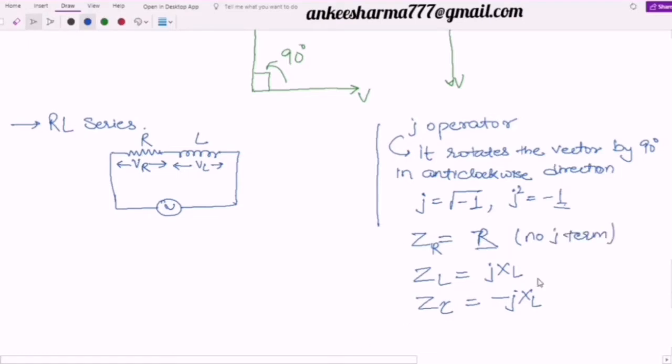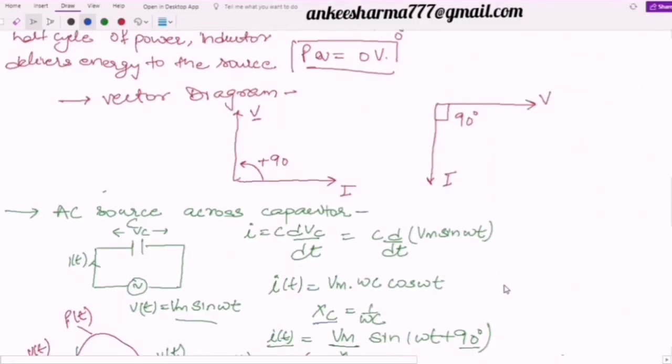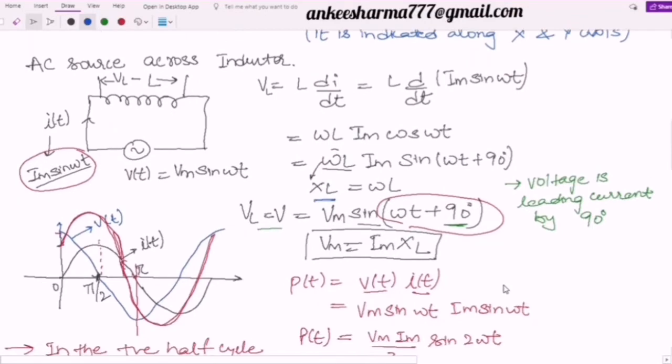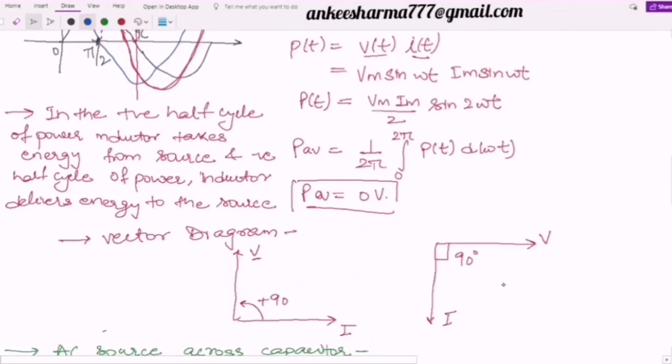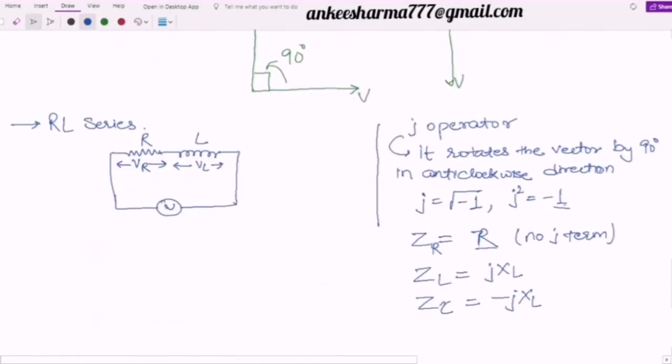In the case of the inductor, we have seen that there is a phase shift of 90 degrees. If I go back to my diagram, you will see here that this is my phase shifting, in which voltage is leading the current by 90 degrees. It means there is an anti-clockwise direction of plus 90 degrees, or simply I will say the J operator will be there. So you will find this J operator there to compensate for the plus 90 degree phase shift, or voltage leading the current. In any way you can say or represent it.